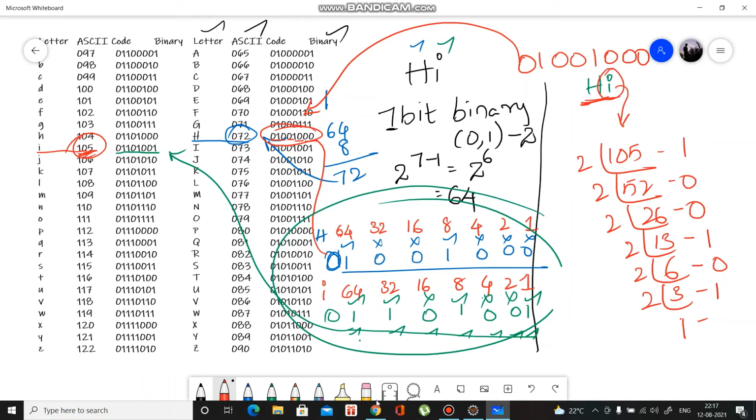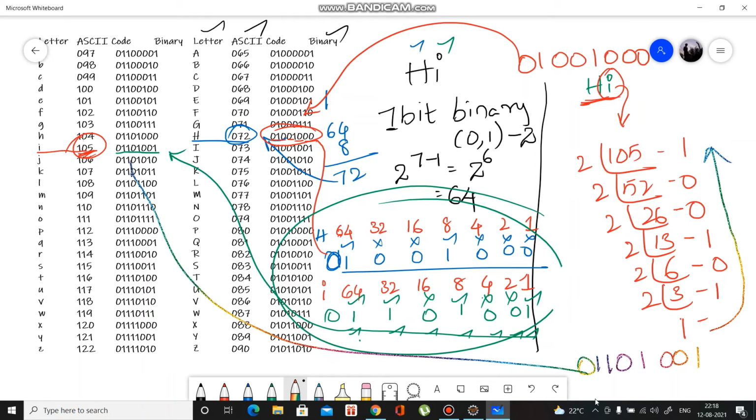So it will be like this: 1 1 0 1 0 0 1. Initially it will be 0. So just check it out: 0 1 1 0 1 0 0 1, 0 1 1 0 1 0 0 1.